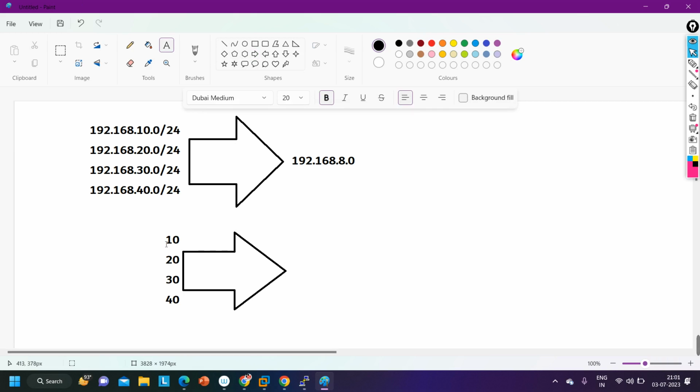Guys, we need to convert only 10 and 40 to binary. What will be the binary of the lower number? 10 is 00001010. And what is the binary of the higher number?